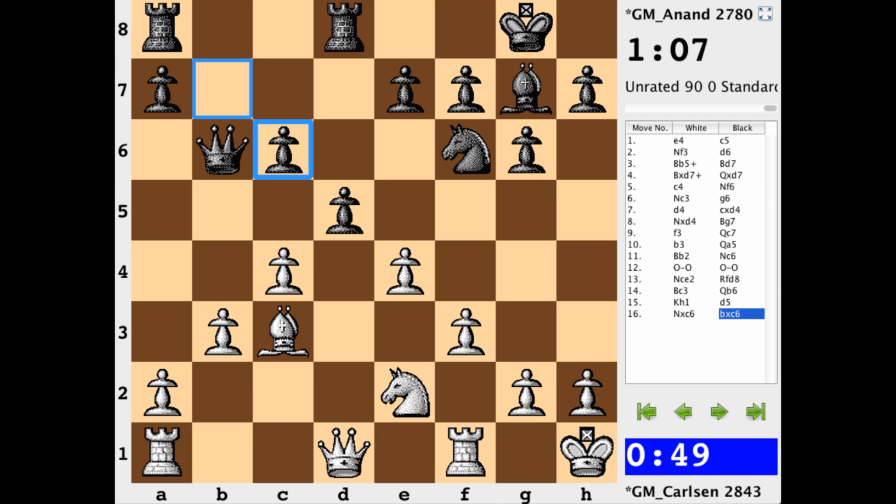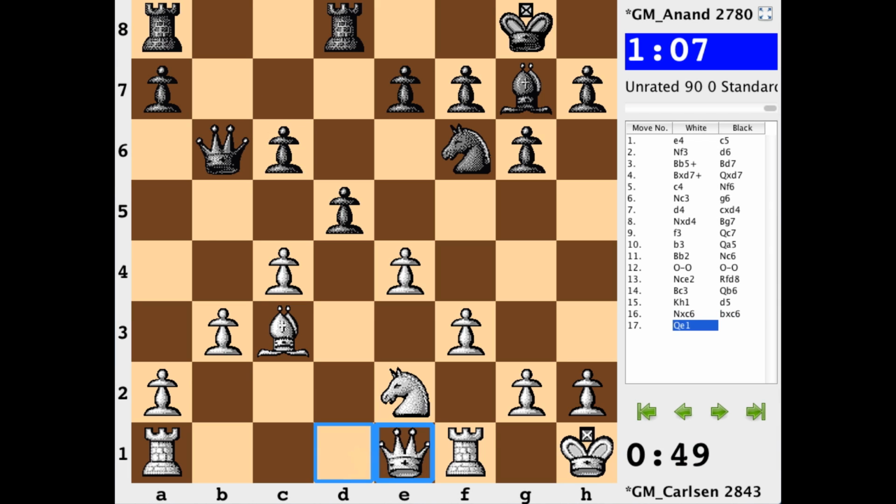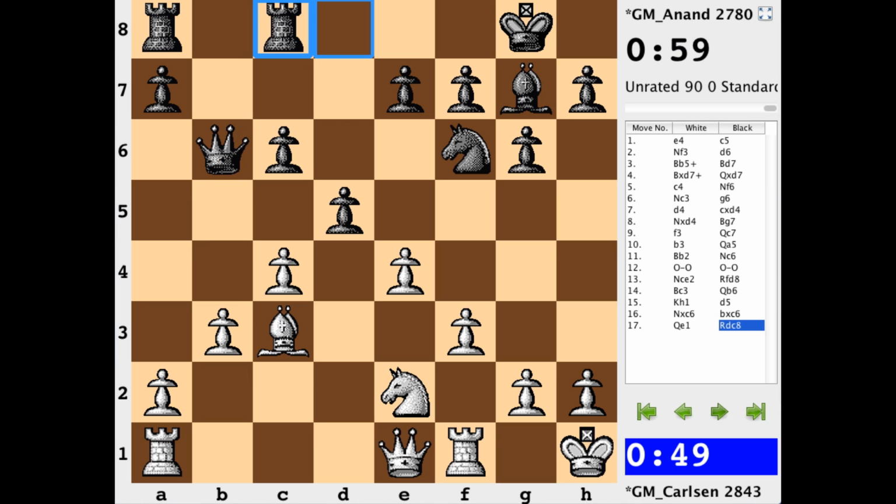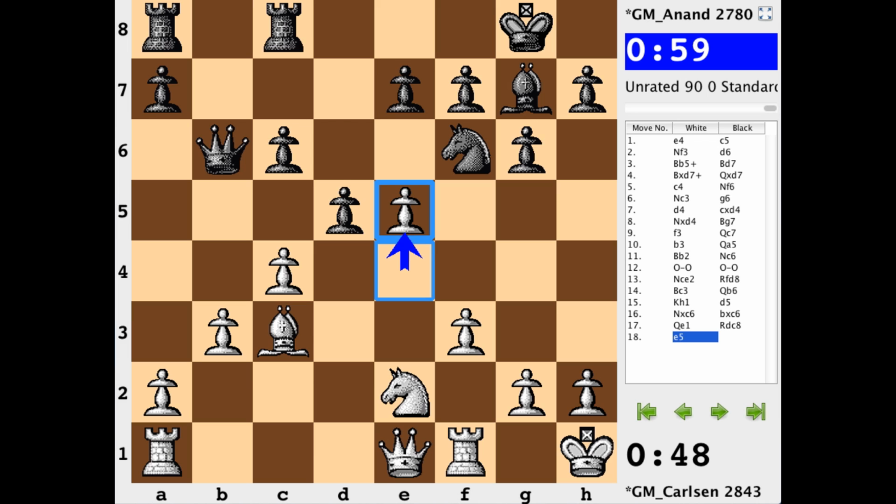Instead, b takes knight, and now white gets out of the pin and threatens a skewer, bishop a5. Black meets that with rook d to c8. Now we have a structural change with e5, kicking the knight away to e8, and I believe that is the better of the two squares. You come to the edge, you're getting killed. With g4, the knight is out of squares.